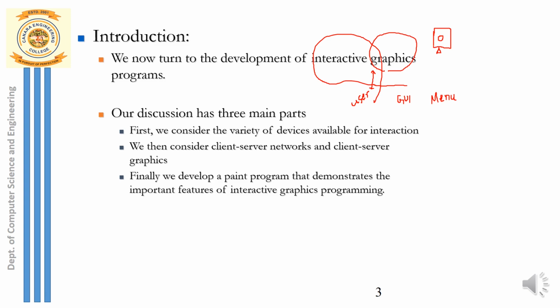If I want to increase the spinning of the ball, I need to interact with the graphics, right? Or if I want to stop the spinning of the ball, I want to interact with the graphics there. So how do I do that? Can I make use of a mouse, or can I make use of a keyboard in order to interact with the ball over here, in order to interact with the 3D graphics there?